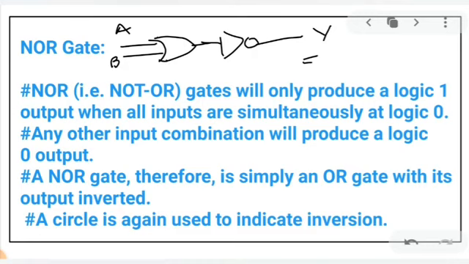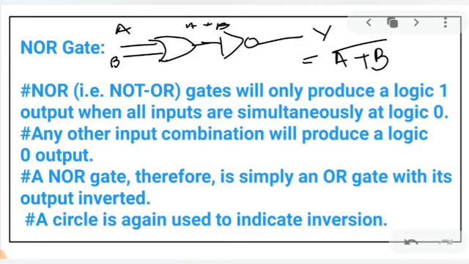So this Y will be equal to what? What is the output of this OR gate? As we saw earlier, the boolean expression is A plus B, if I am not wrong, right? A plus B. So now the output will be A plus B whole bar. Why? Because a single input has been given to the NOT gate, and whatever input is given to it, it will just invert it. It means it will just create a bar on it. So the boolean expression for this is A plus B whole bar.